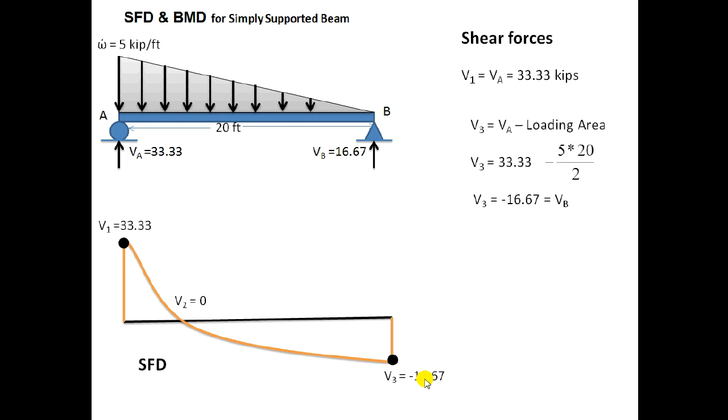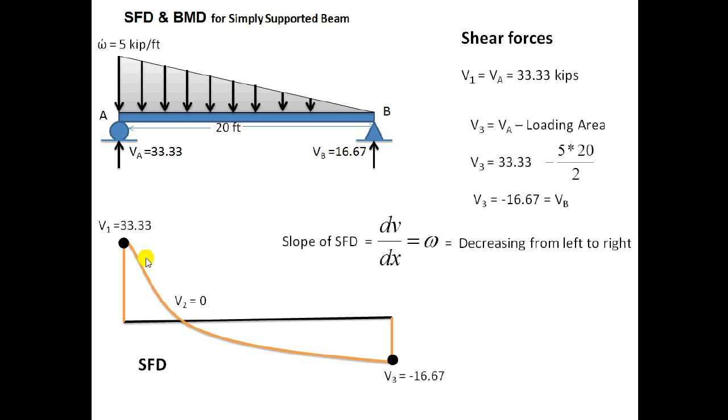How is the curve drawn? This I will explain you now. The slope of the SFD, dy/dx, is equal to the load. Load is decreasing from left to right. As we are moving from left to right, from A to B, load is decreasing. So the slope of SFD will also decrease. This is the mechanism. Simple.